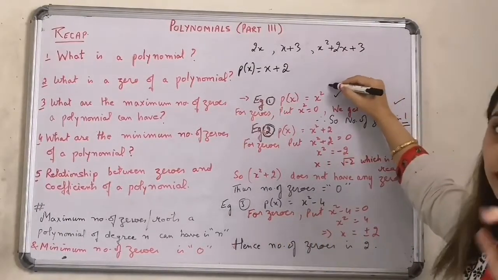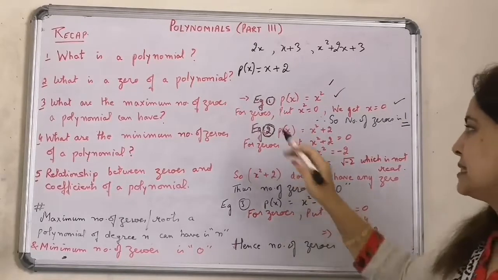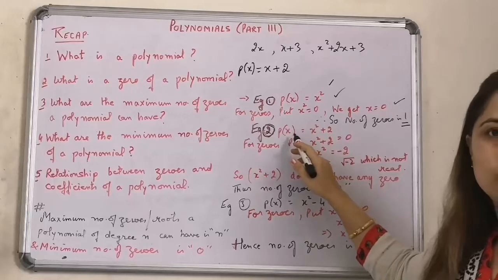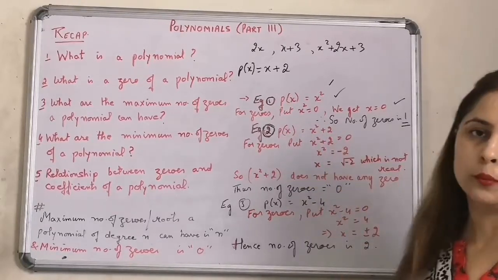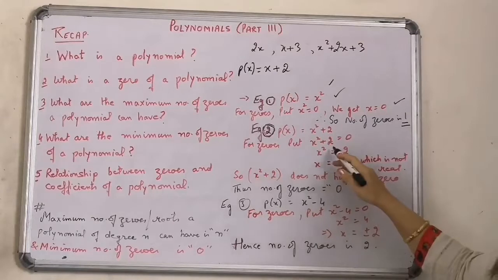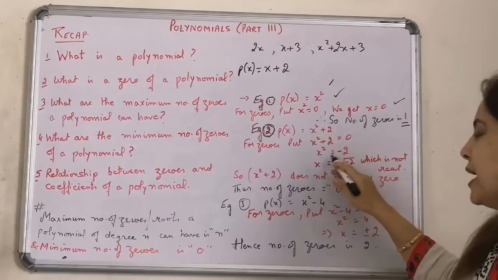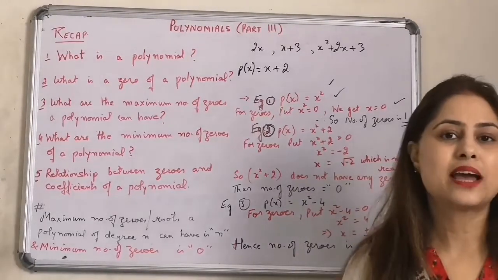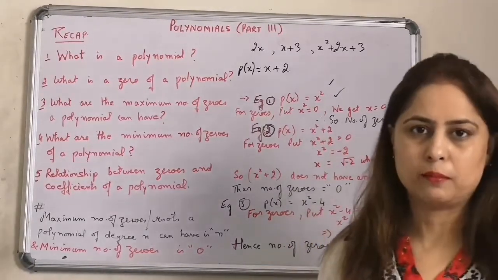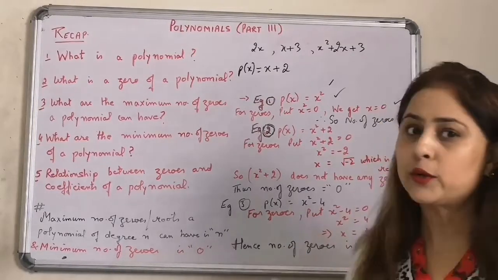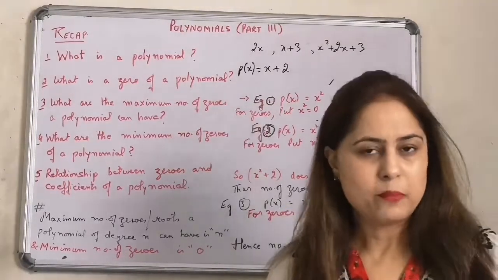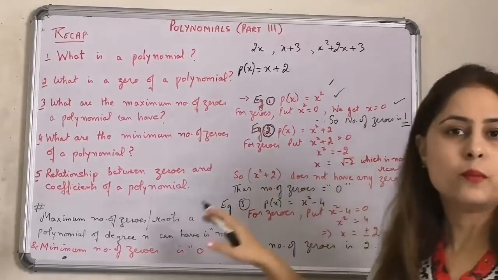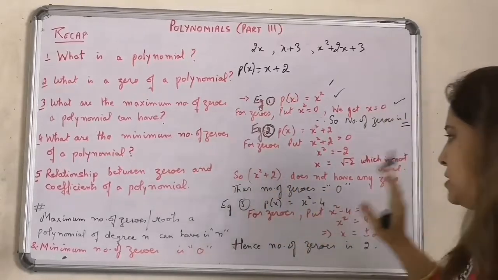And the degree of this polynomial, remember, is 2. Let's take up another example. This is again a quadratic, and I have named this polynomial p(x) as x square plus 2. For calculating zeros, again put x square plus 2 is equal to 0. So x square is equal to minus 2. And as you know, this x is going to be the square root of a negative number, which is not a real number. So in this case, we are not going to have any real number as the value which will put this polynomial equal to 0. Hence, the number of zeros in this case is going to be 0.